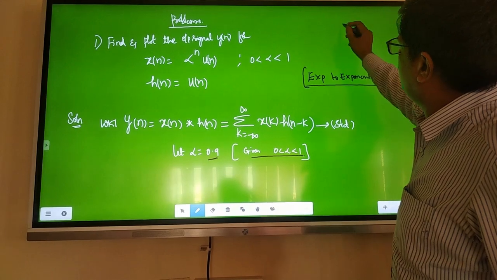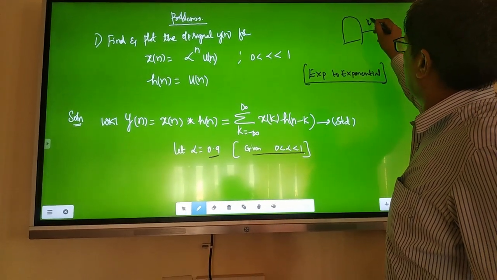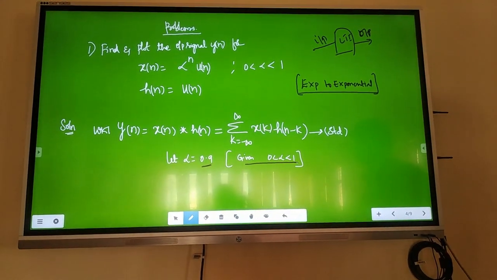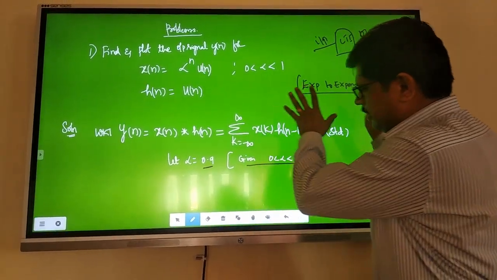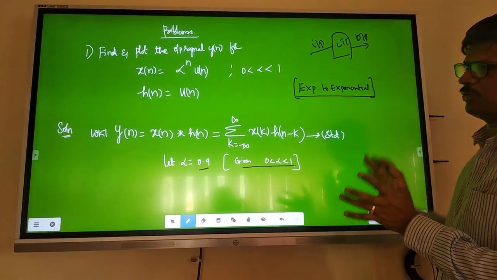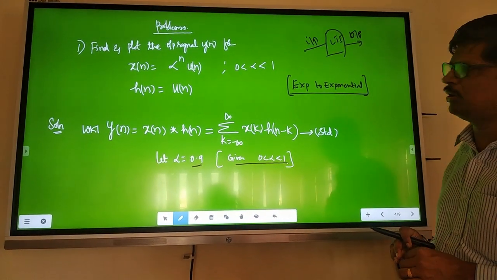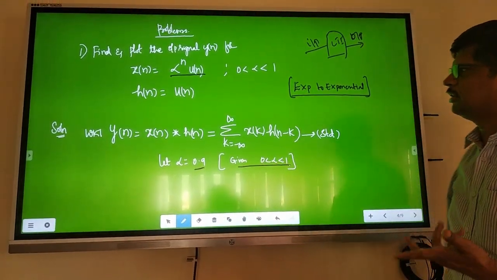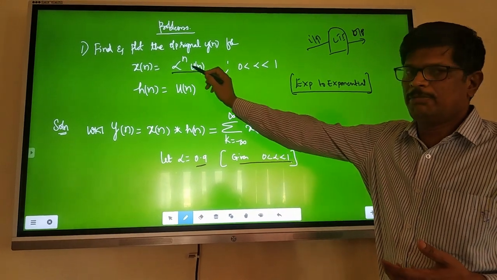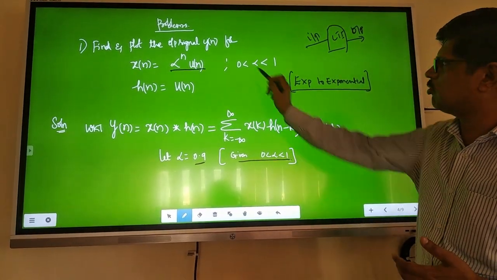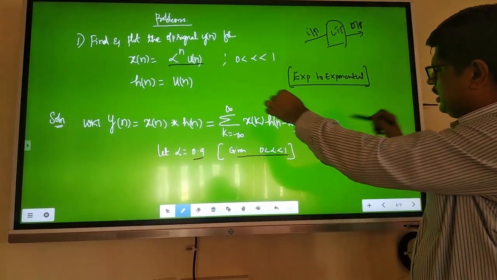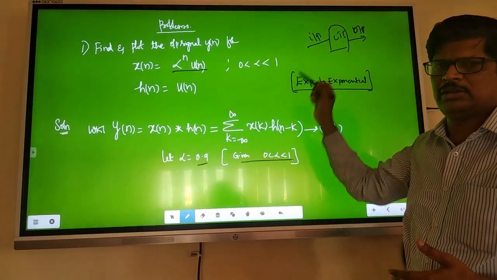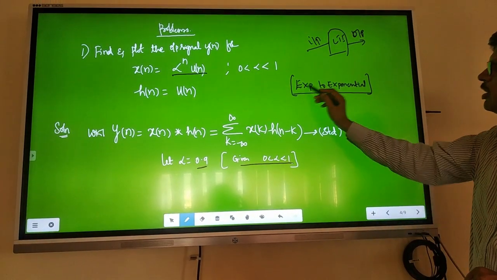We can process the LTI outputs, input and output. Now we can do complex signal processing. Earlier we had x of n, h of n and y of n. We have seen some graphical inputs and graphical outputs. Now let's see the complex exponential functions, alpha to the power n into u of n, where alpha varies from 0 to 1. If alpha is equal to 0.8, you will get one exponential. If alpha is equal to 0.9, you will get one more exponential. Like that, complex signal processing, we'll see now.